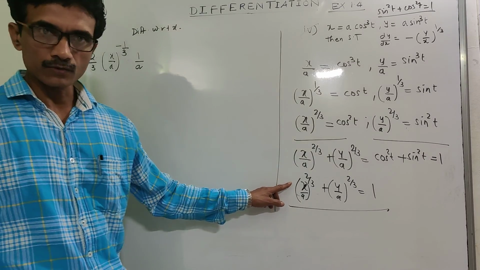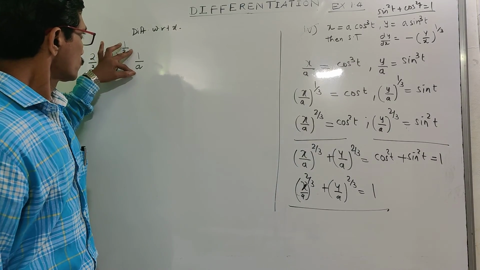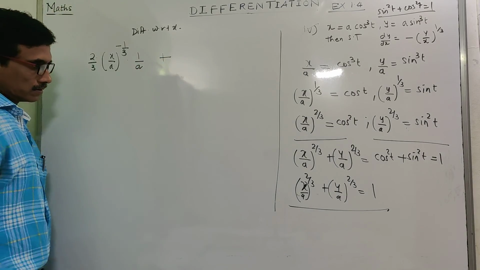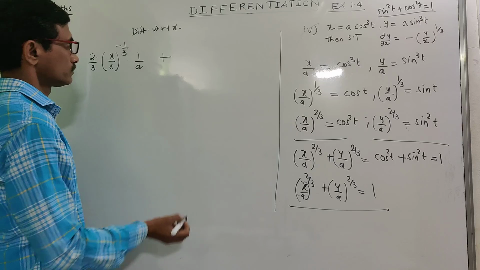The derivative of x is 1 and 1 by a is constant, so 1 by a into 1, plus again here 2/3